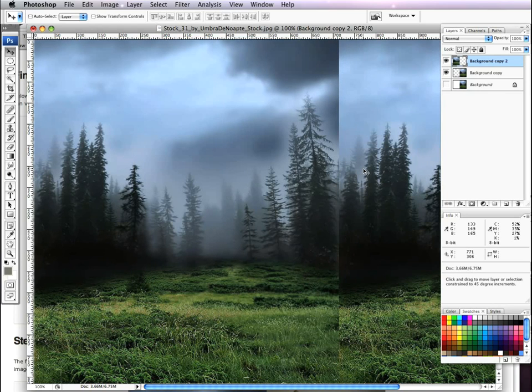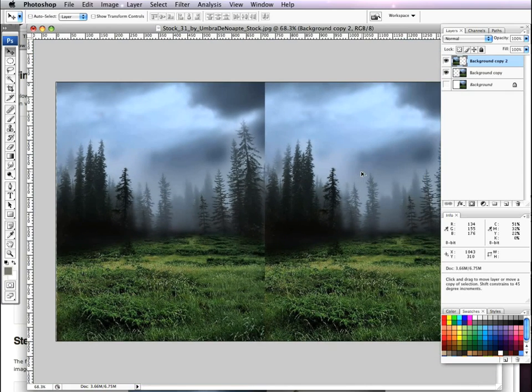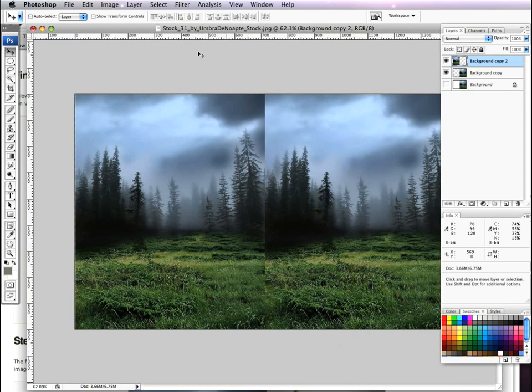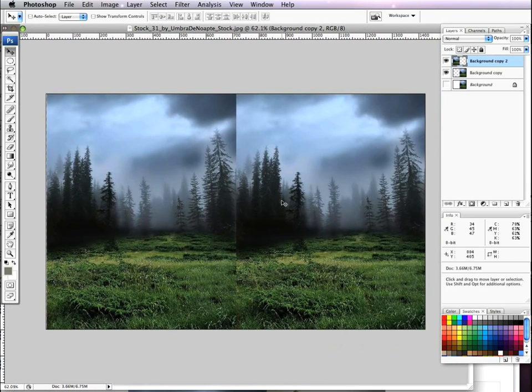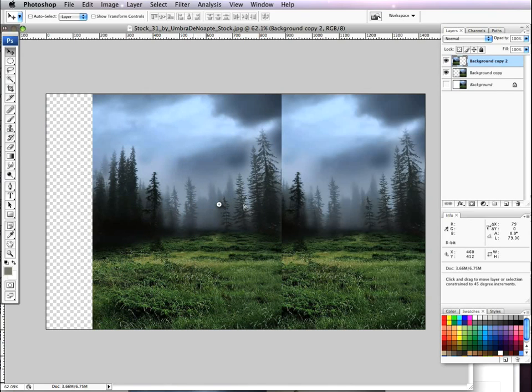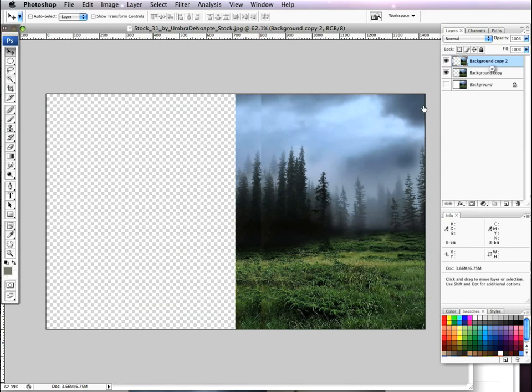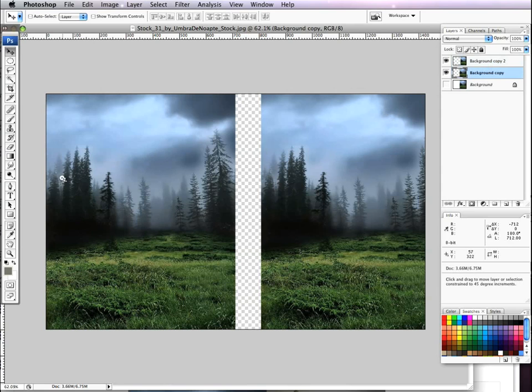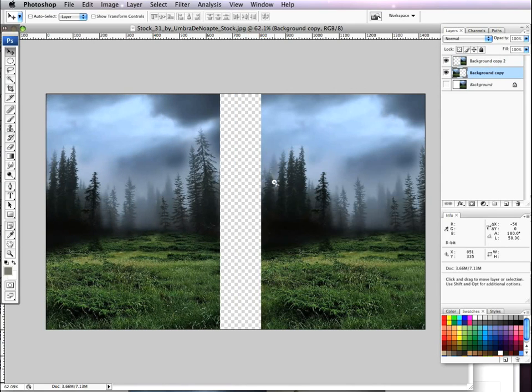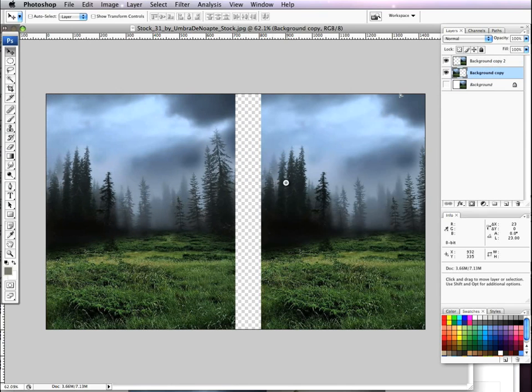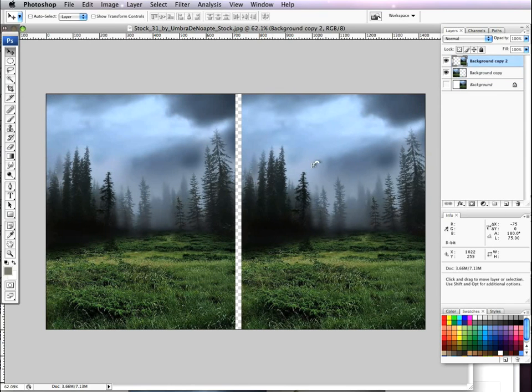Okay, and just zoom out like so. Okay, so now it's about getting this middle ground so that it looks fairly even, it lines up. So I've actually moved the wrong file there, but that's okay. I'm just going to move that one back, grab the one underneath, and move that over. There we go, much better. So we want most of that on there. And this layer here we're going to get to just